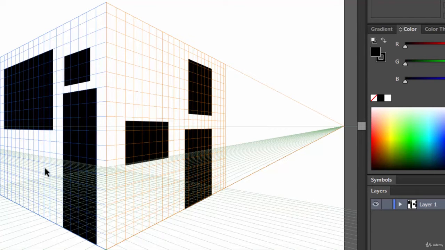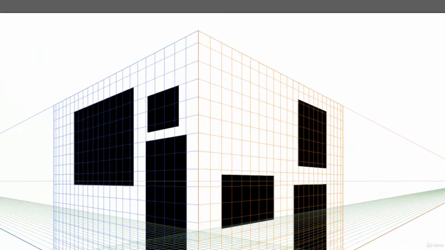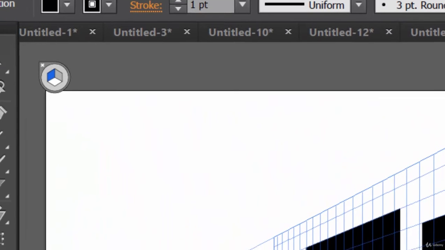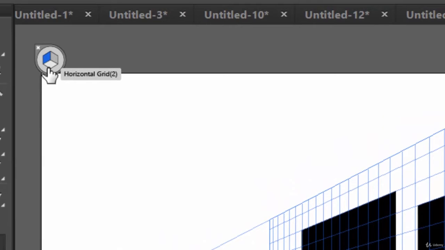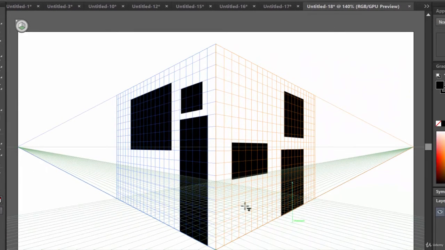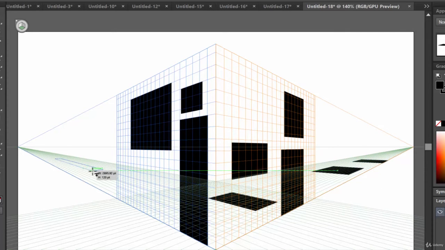So how can you draw on the floor? You need to come here and select the perspective grid tool, and now you need to select this horizontal grid. See, this is the left grid, the right grid, and the horizontal grid. Now let's try to draw one rectangle here, and now it's matching the floor fashion. See?